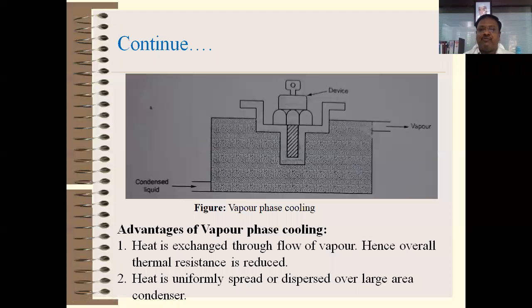That vapor is collected from the tank and sent to the condenser, and the condenser converts that vapor into liquid, and that liquid is again sent back to the tank, right? So that the temperature of this particular coolant is maintained, so automatically the temperature of the heat sink also gets maintained. If the temperature of the heat sink is maintained, it means that you are maintaining the temperature of the junction, or you can say we protect the power device from overheating. So this is about the vapor phase cooling.